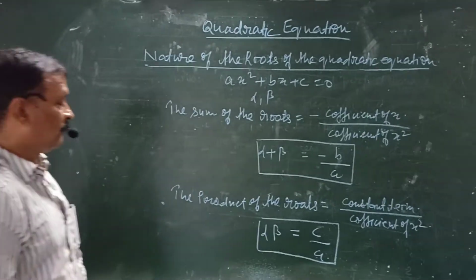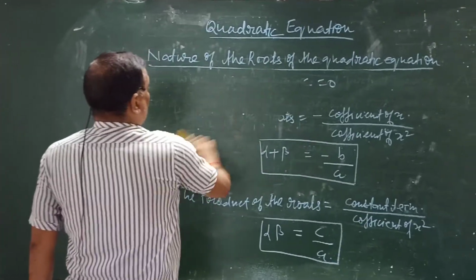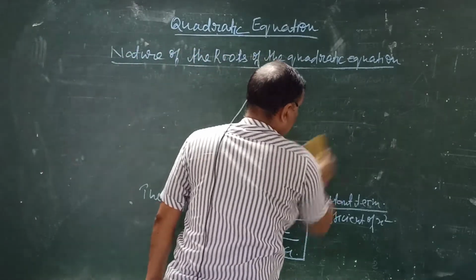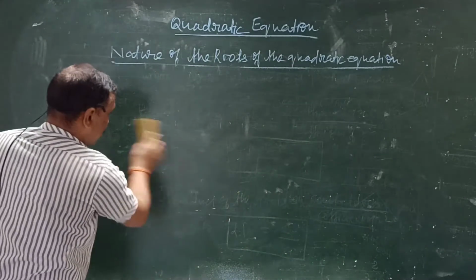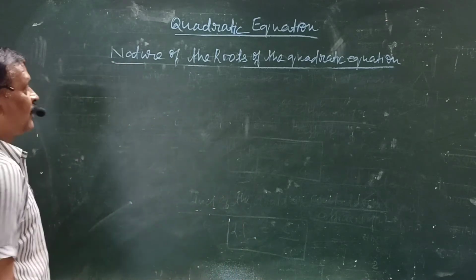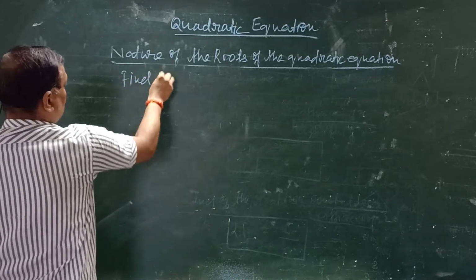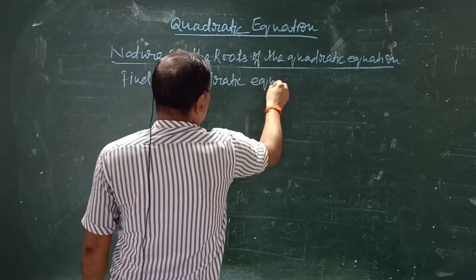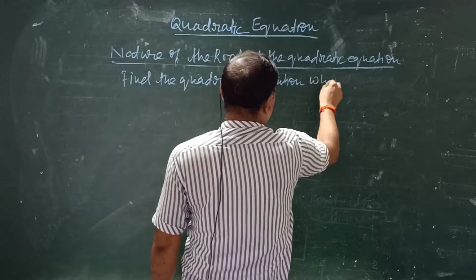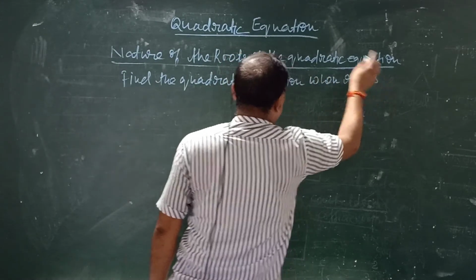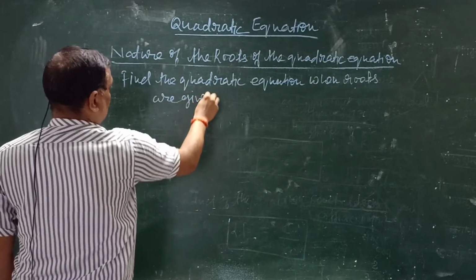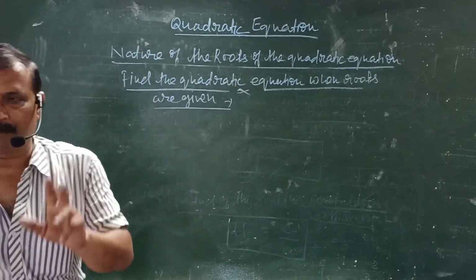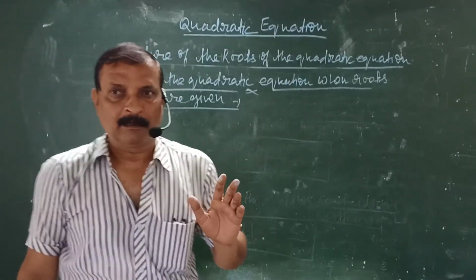Now one more formula for the quadratic equation: find the quadratic equation when the roots are given. क्वाड्रेटिक इक्वेशन कैसे बनाएंगे अगर रूट्स गिवन है. अगर हमें रूट्स मालूम हो किसी भी इक्वेशन के, तो उससे हम कैसे फाइंड करते हैं कि हमें क्वाड्रेटिक इक्वेशन